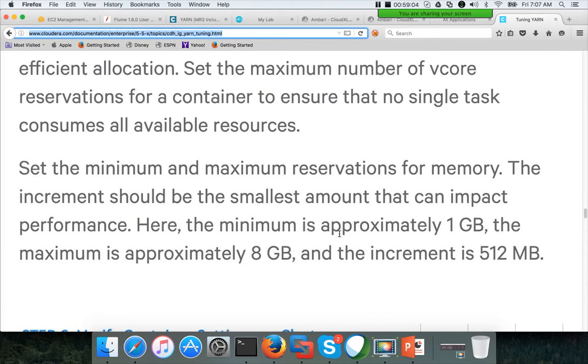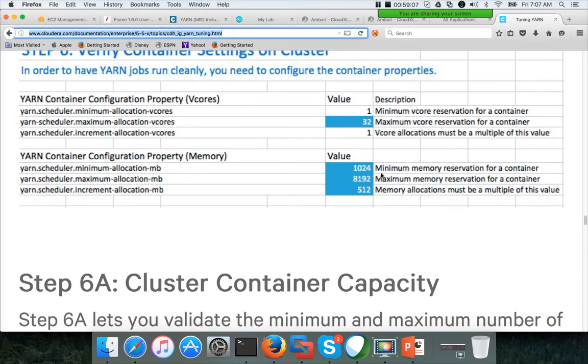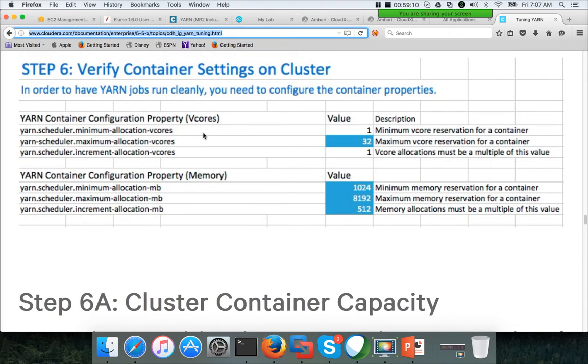on all the 10 nodes on the entire cluster. Okay, and you can dig it further. Here they are saying that in our case the minimum allocation vcores is 1 and maximum allocation vcores is 4, but here they are saying to use 1 to 32, so that we can give flexibility for different types of tools that are being deployed on the cluster. Okay, but in our case it's a small cluster, so we have used 1 to 4 only, so that the underlying tool does not use any capacity more than 1 to 4 for each task. Okay, and then